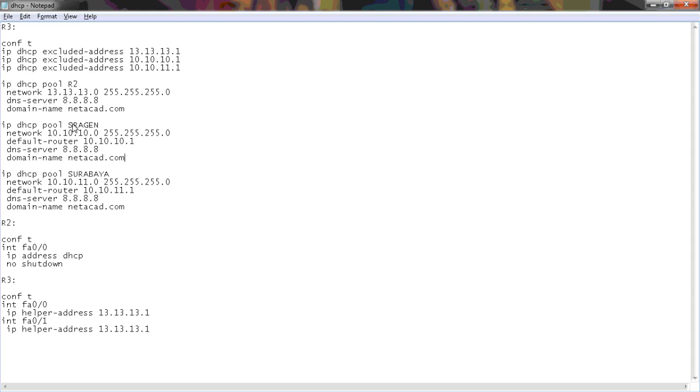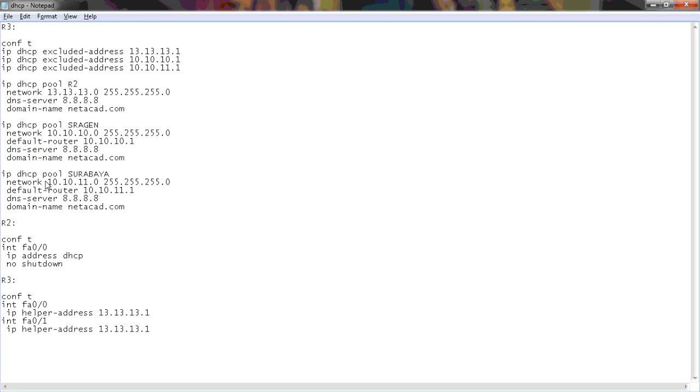This is the network and subnet mask for the Sragen LAN, and the default router is 10.10.10.1. This is the default gateway for this pool. The DNS server is also optional. If we don't have one, we don't need to configure it, and also the domain name.